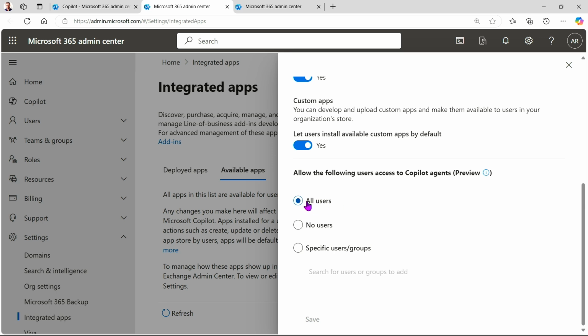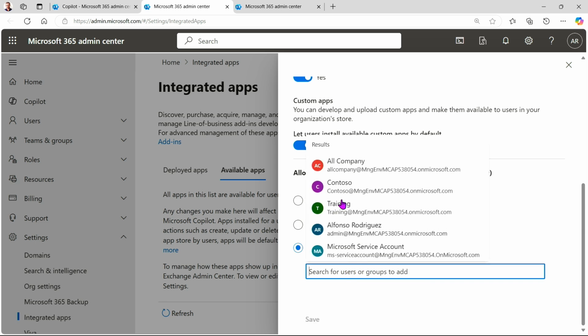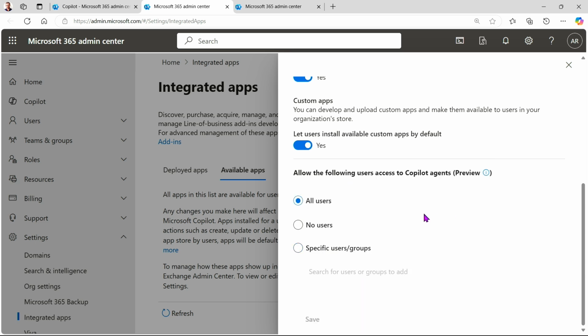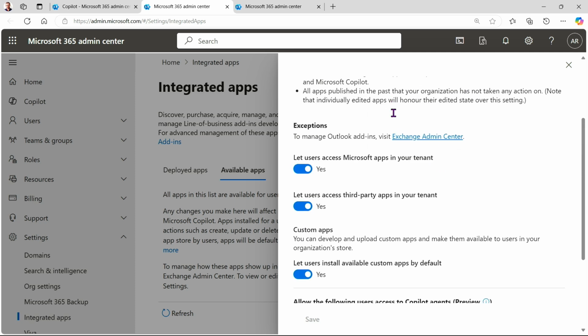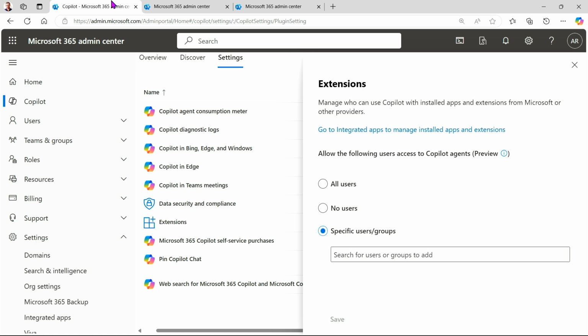So all users within your organization will be able to use the Copilot agents, or no users, no one in your organization, or again, same as before, we can decide to allow just some specific users, right? Here, we need to find the users in our organizations, could be users or groups, etc., and we can grant them the access of the Copilot agents or not, right? So again, this is the starting point for managing